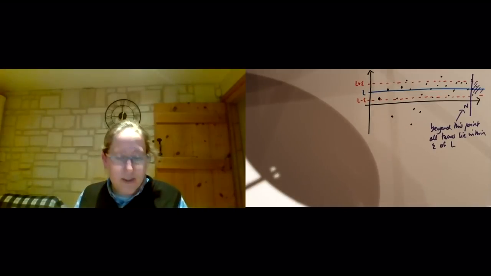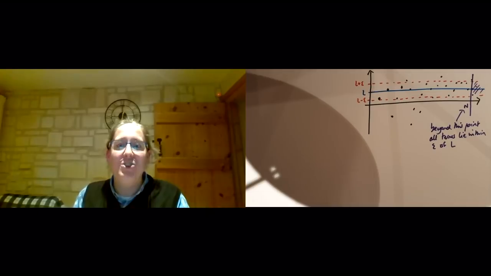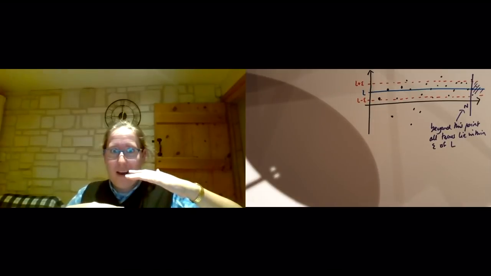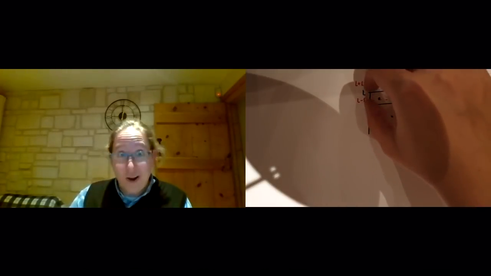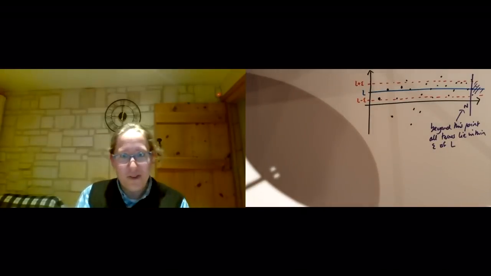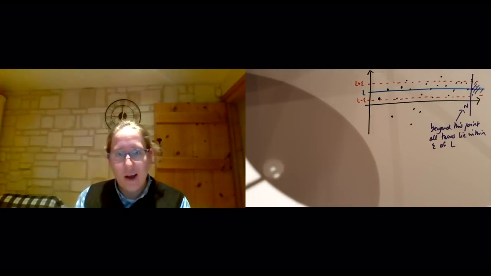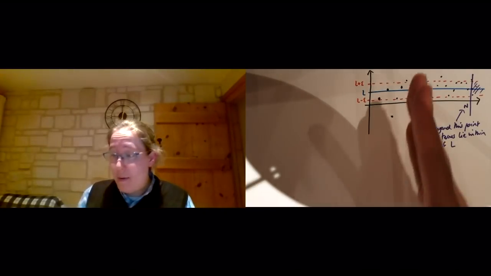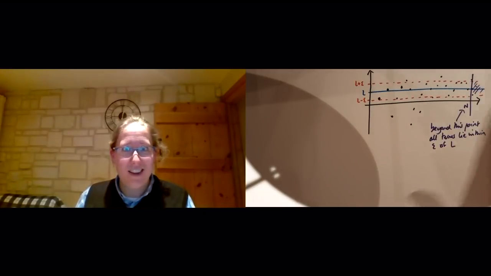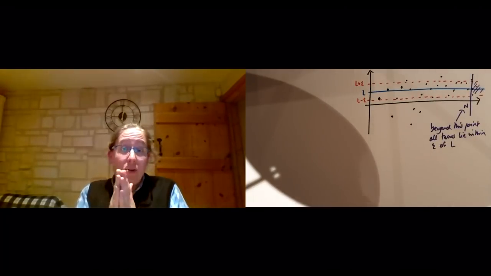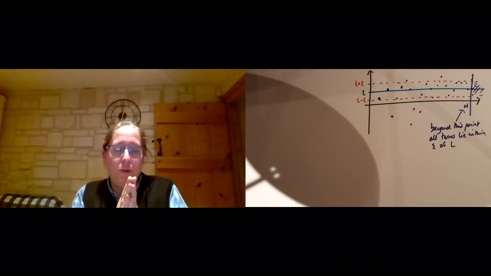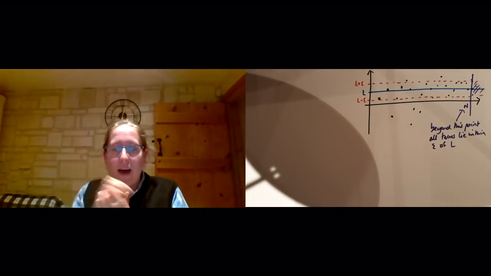And then our evil opponent says, well, actually, 0.1 was a really large value of epsilon. I challenge you to 0.0001. And we say, well, that's okay. We'll just draw a new picture where our red dashed lines are a little bit closer to L. They're at whatever the new epsilon is from L. And maybe we have to look further to the right in our sequence. But as long as there is some point beyond which all of the terms are eventually that close to the limit, we're all good.